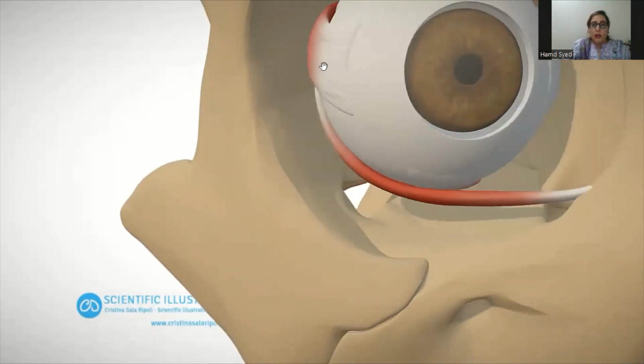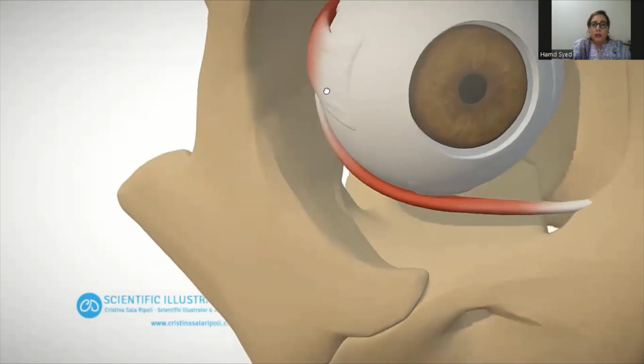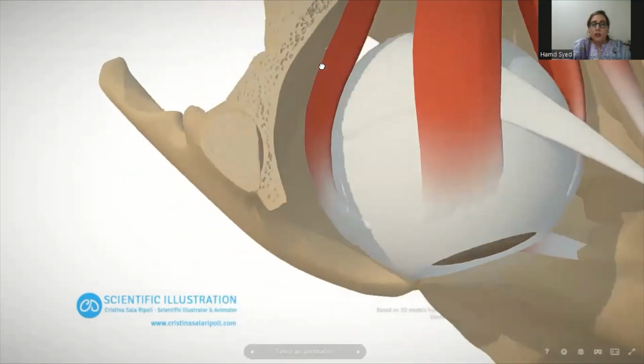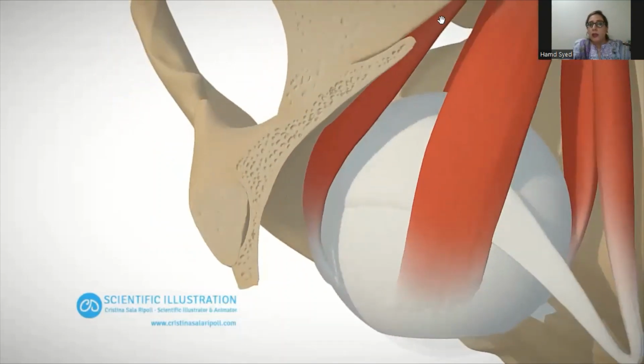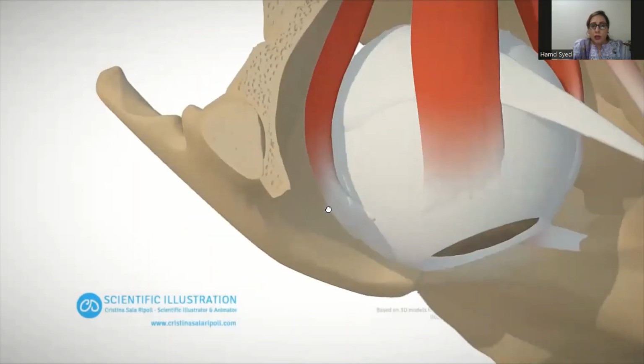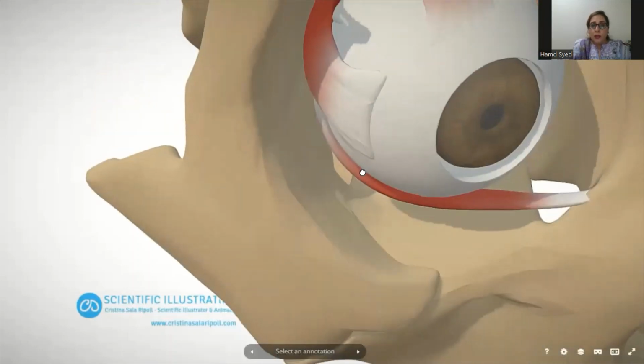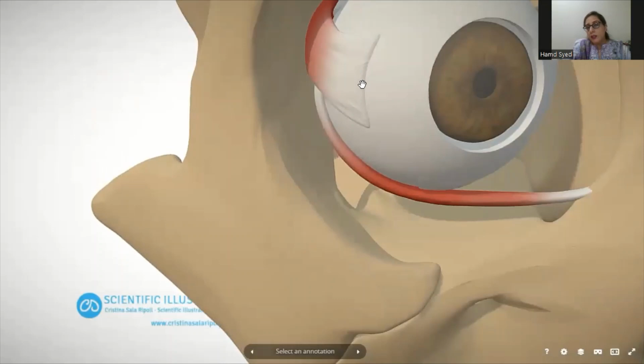Now we can see this here is the lateral rectus muscle. The lateral rectus muscle is also having its origin from the posterior aspect of the bony cavity, that is the apex, that is from the lateral part of the common tendinous ring, and it passes forwards and becomes inserted into the lateral side of the eyeball, into the anterior half of the